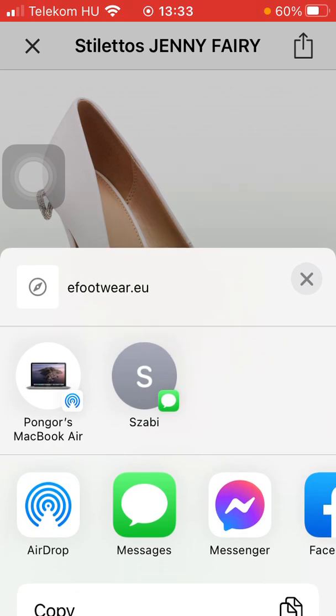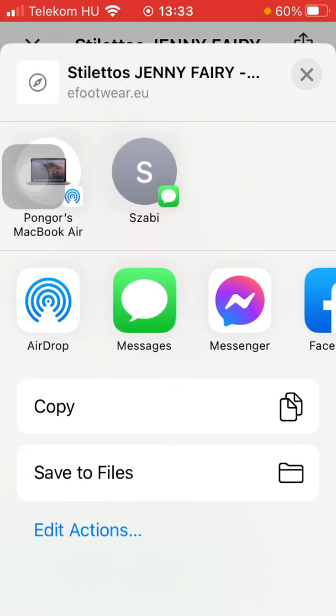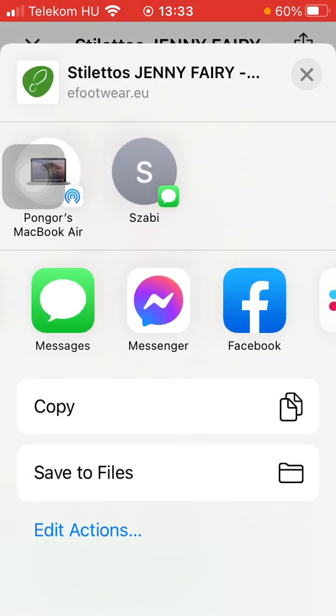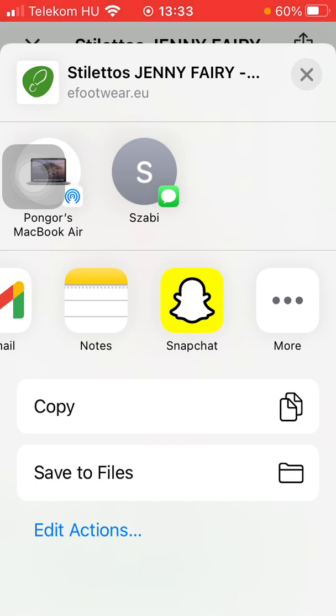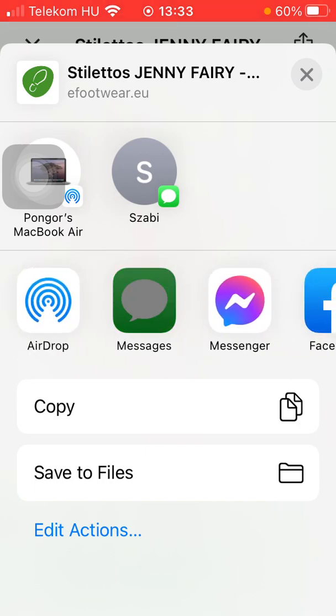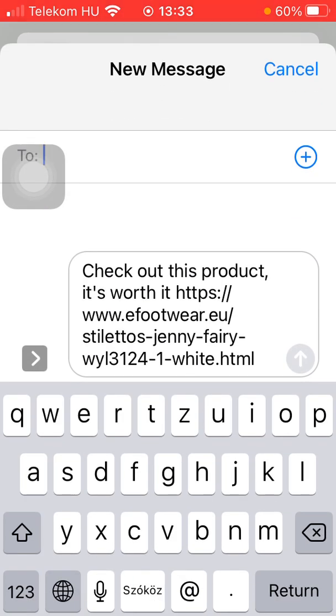Then you will be able to send it via AirDrop, messages, Messenger, Facebook, Slack, Gmail, Notes, Snapchat and other social networking sites, or you can also copy it and then send it to someone. So click on a relevant icon and as you can see,